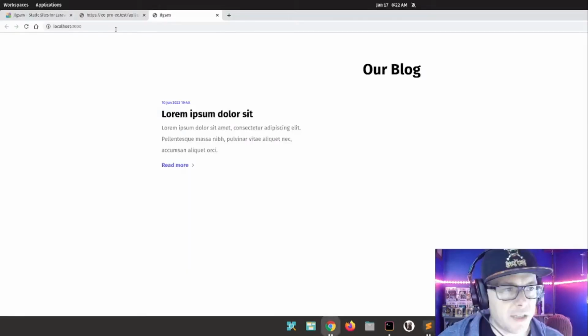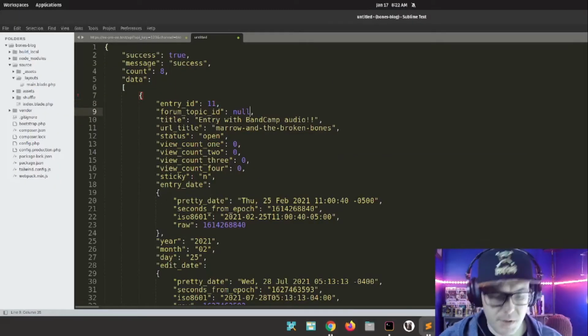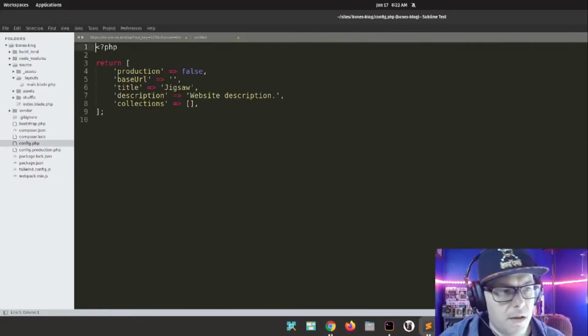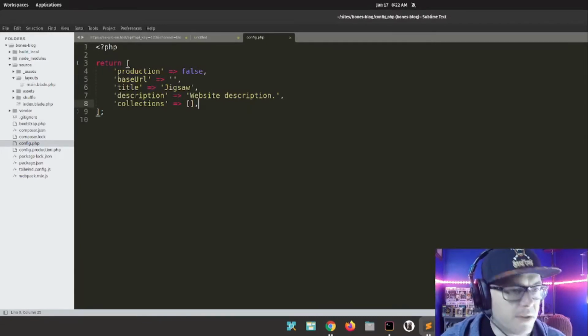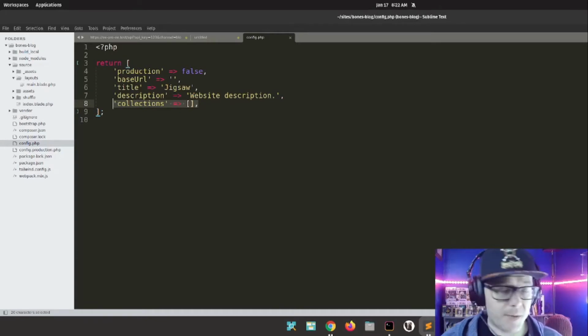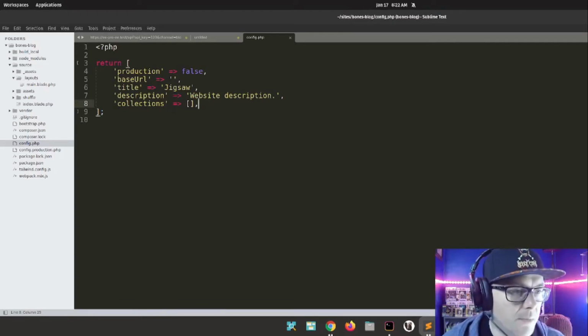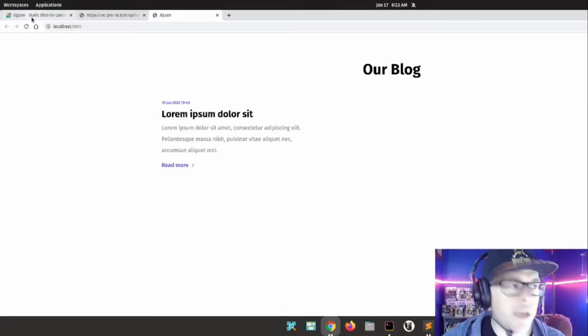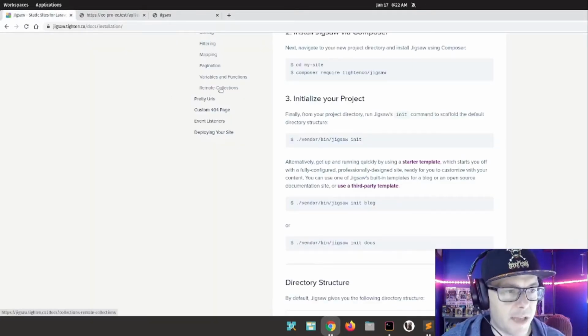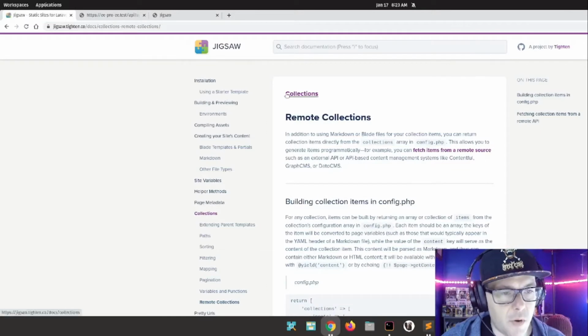But let's actually take a look inside of Jigsaw. Again, Jigsaw is built on Laravel. So it makes use of Laravel's collections here. Very similar to how ExpressionEngine does collections. Collections are just a group of similar data all thrown together so that you can manipulate it in a number of different ways, which is really nice. We're going to make use of Jigsaw's collections by this remote collection. So if we go to the remote collections documentation,